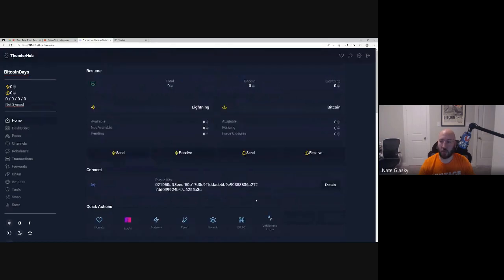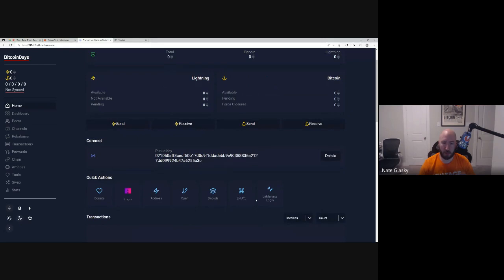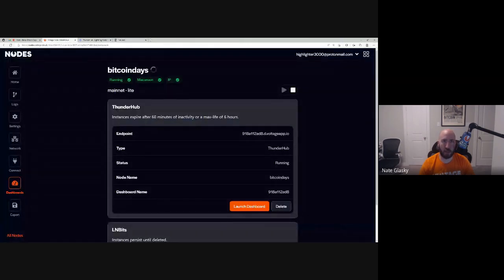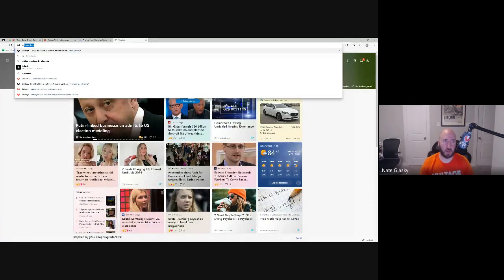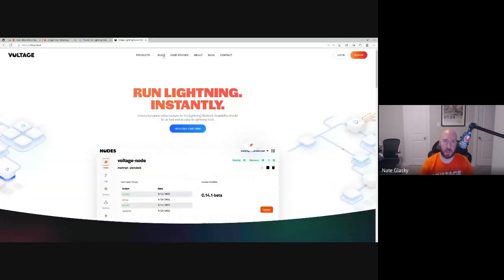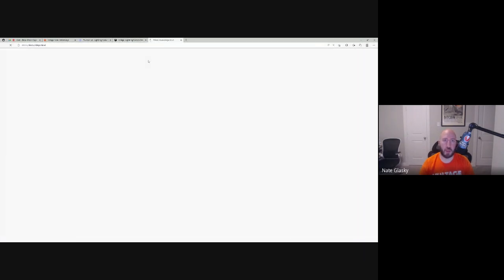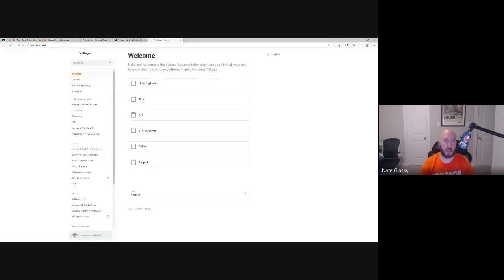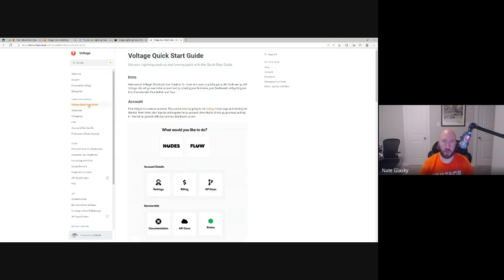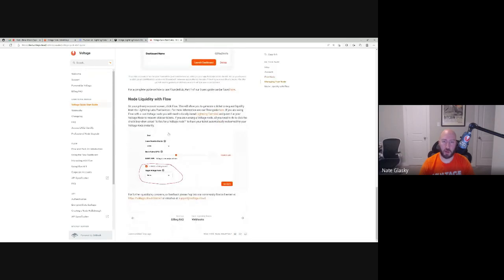I don't want to spend too much time on going through this. Again, I really recommend going to the docs page on voltage.cloud. So I guess I'll just show you real quick. You can go to voltage.cloud, and up here you can see docs at the top. And then you can see our quick start guide, which is basically what we just went over, how to make your node and everything.